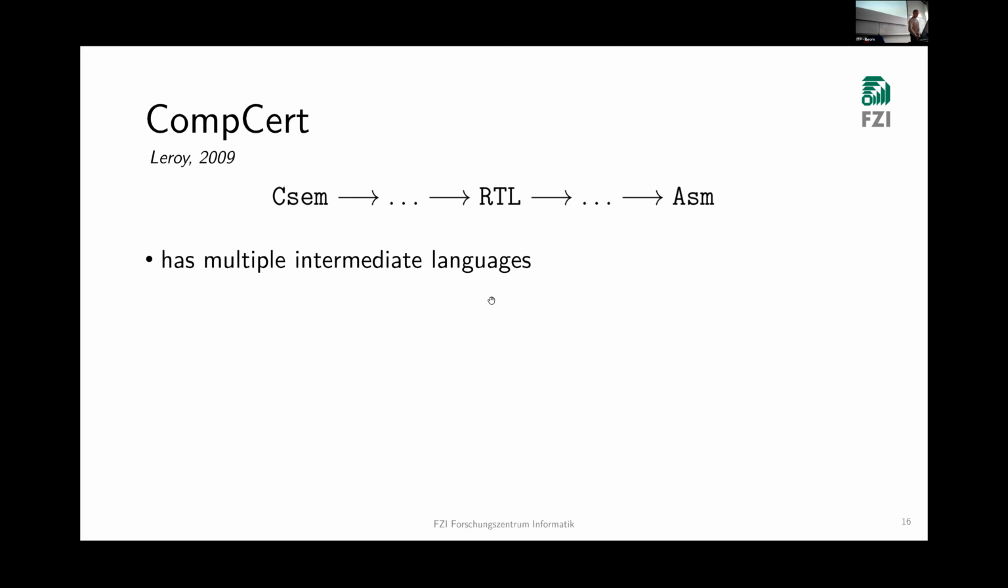To do this, we use CompCert. CompCert is a verified C compiler written in Coq. It works like a normal compiler. Basically, it starts with some C or source-like language, and then through various transformations, it goes down until we have an assembly language. All of these intermediate languages have different kinds of purposes. And now the verification works by